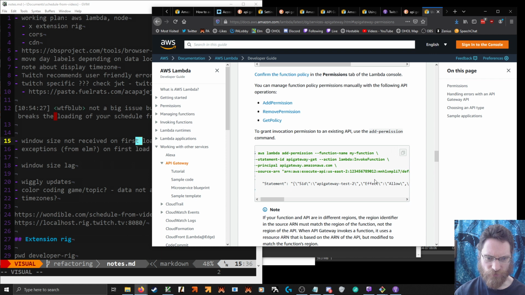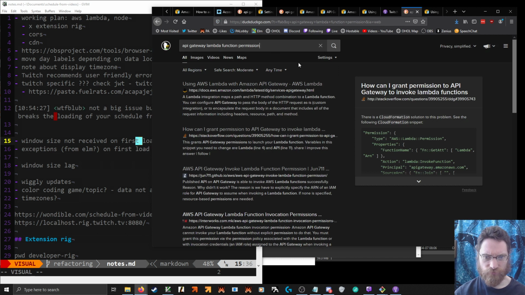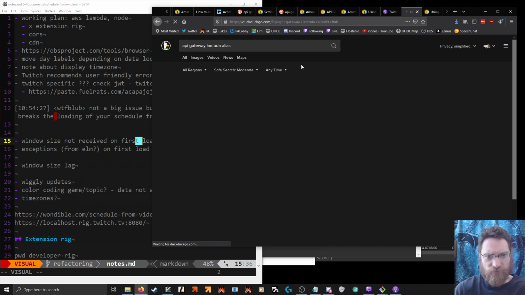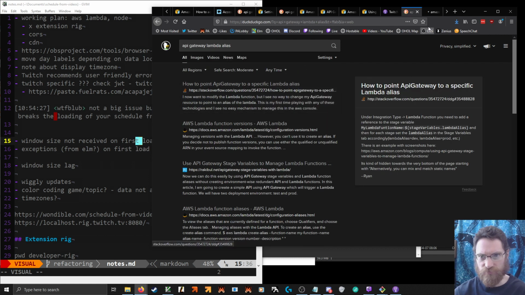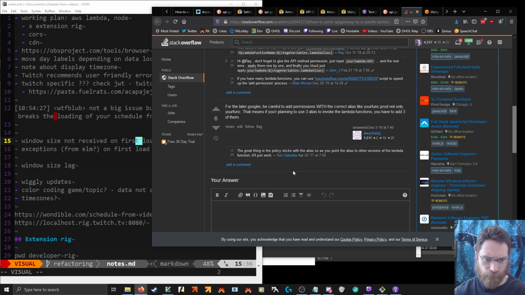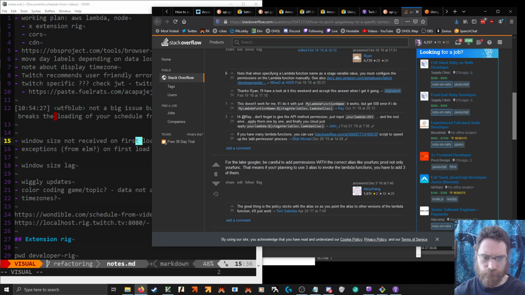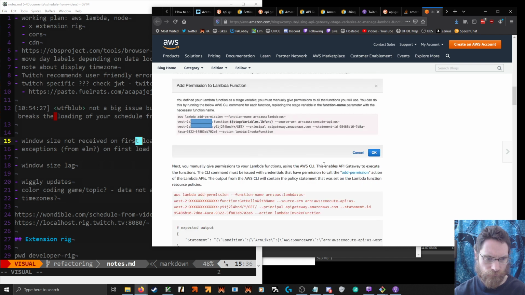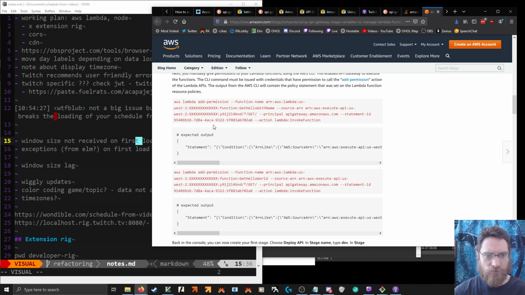Function name, invoke function. It might have to be, I need this to be specific to gateway, lambda, and aliases. Expected output. Add permission.